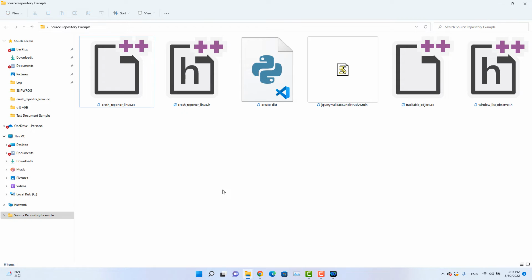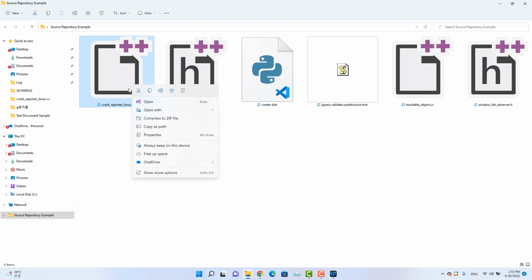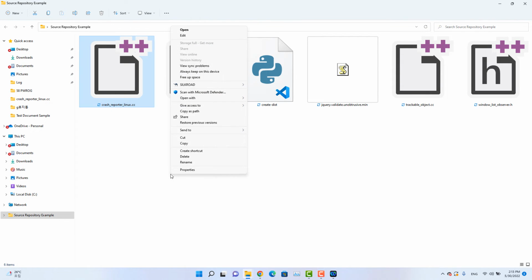Okay, let's look into it one by one. Right click on a specific file, show more options, and choose the SILKROAD button. There will be a lot of options that you can choose from on the right side. Okay, I'll start explaining one by one. If you choose the add function, then